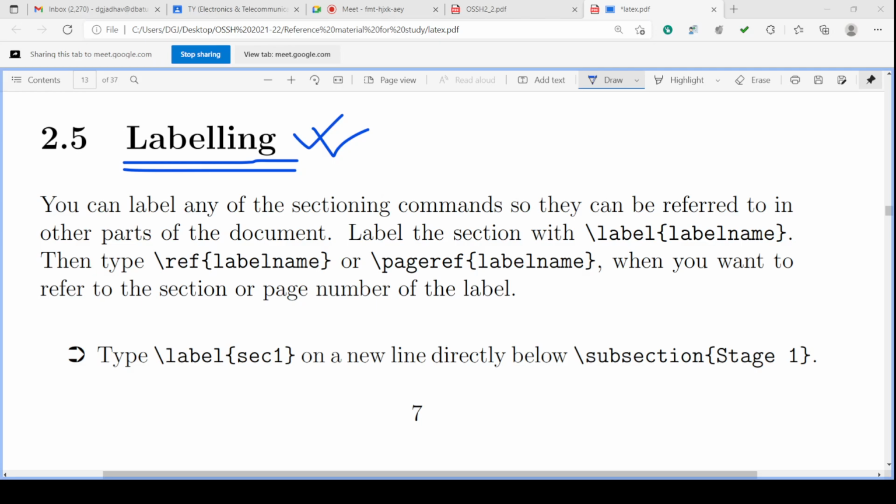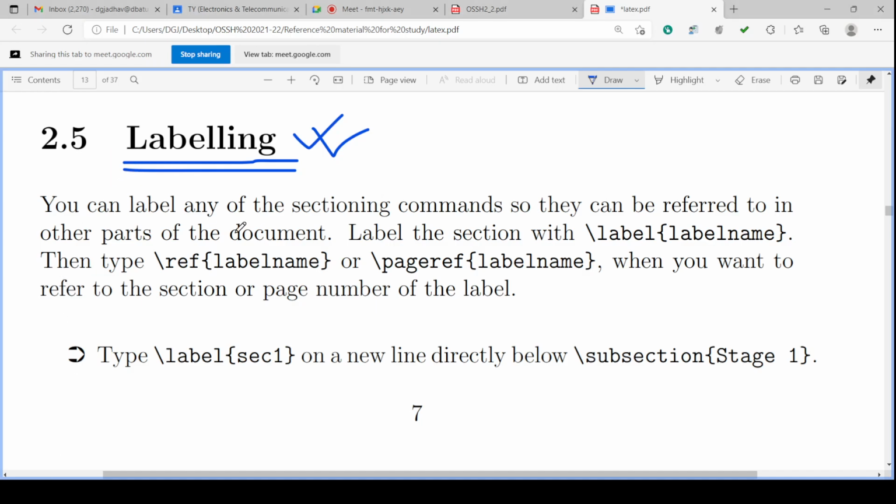Instead of searching for that text by going to that particular page, if you click that hyperlink, the text will directly appear, or we are taken to that particular text. It is called a hyperlink, and in LaTeX it is called labeling. And how to create labeling? We are going to see.